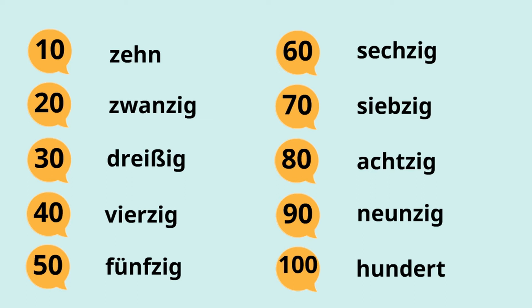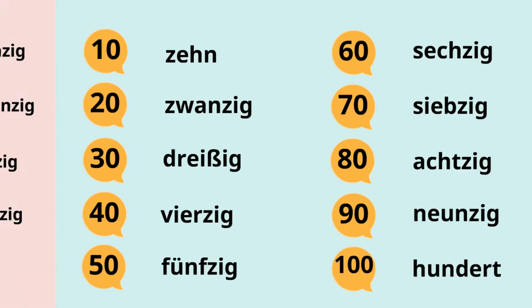Did you notice that the number 30 seems to be an exception here? Right, it is the only number that ends with "ßig" instead of "zig". But how about all those numbers in between, like 21 and so on? This is actually an interesting thing in the German language, because we will pronounce the smaller number first and the intervals of 10 second. So we will not say 21, but instead 1 and 20. Let me show you what this looks like.